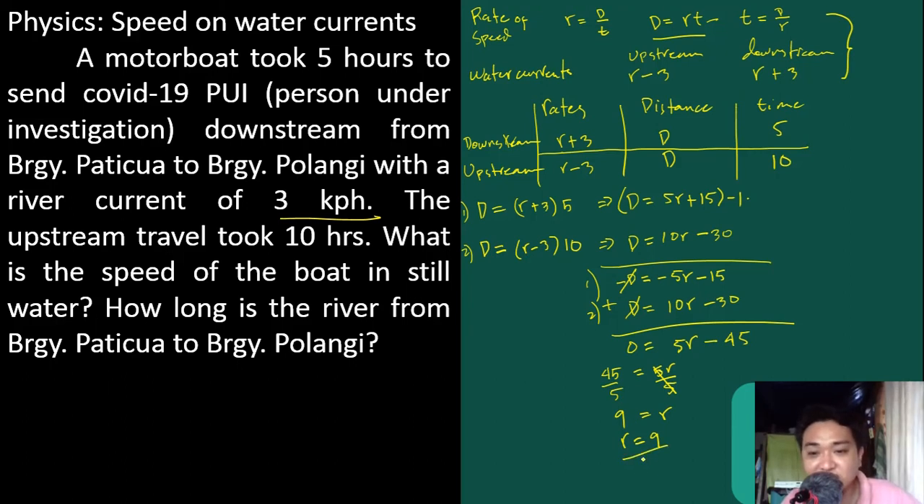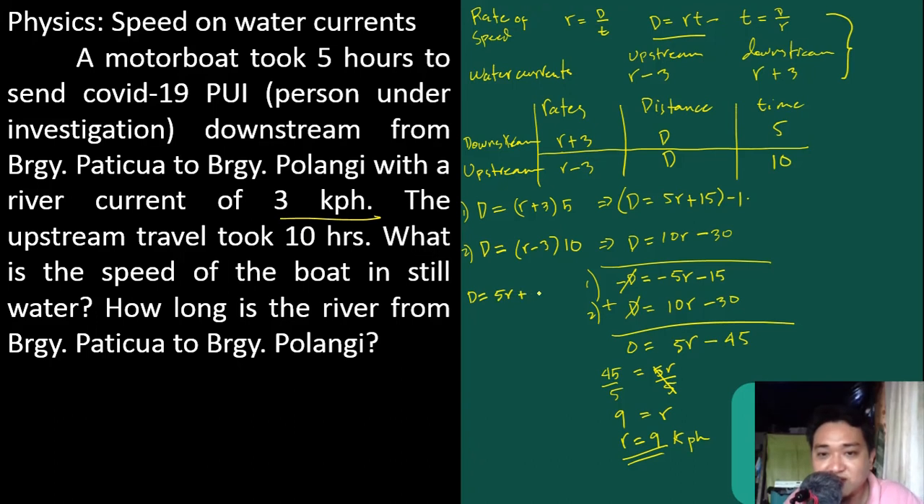So, meron na tayong rate, ano? Yan yung rate, o yan yung bilis nung motorboat sa still water. Kung walang water currents, ang bilis ng motorboat sa still water or sa normal water is 9 kph. Ayan. Gaano naman kahaba yung ilog? How long is the river from Barangay Patikwa to Barangay Pulangi? To do that, we can make use of either one of the linear equations that we were able to arrive at. So we can make use of D is equivalent to